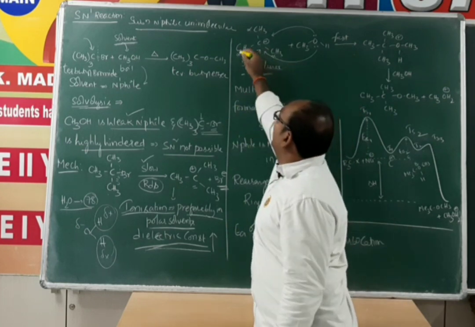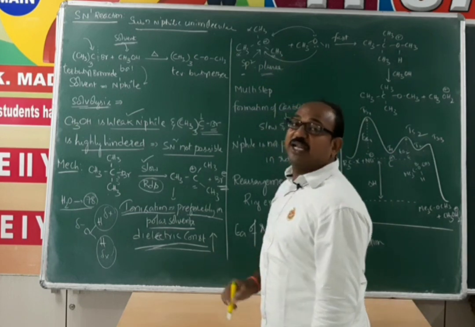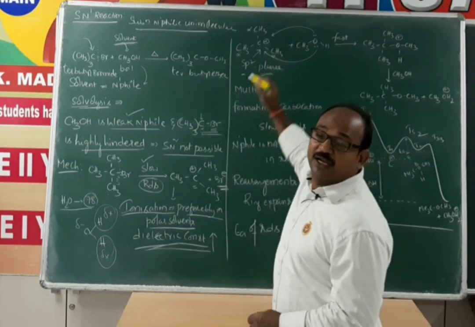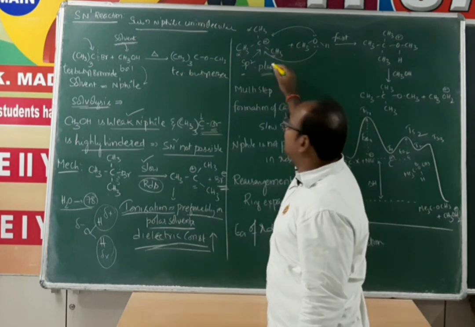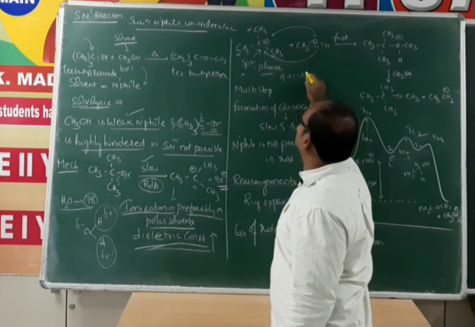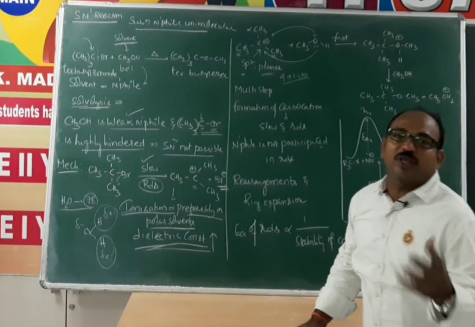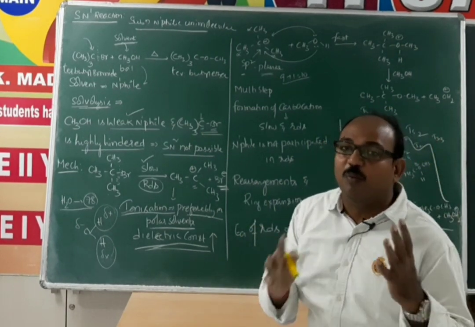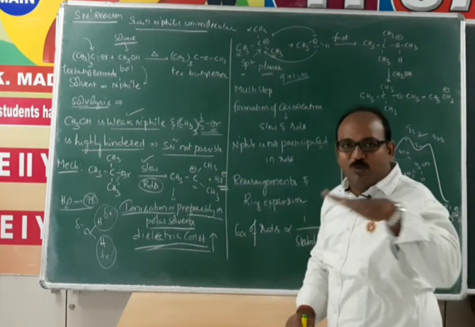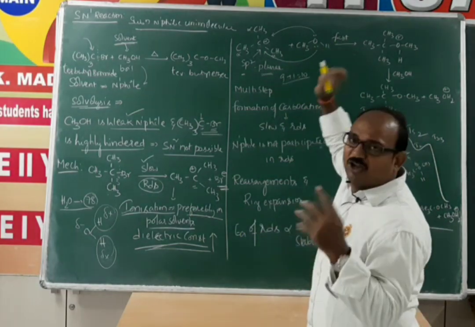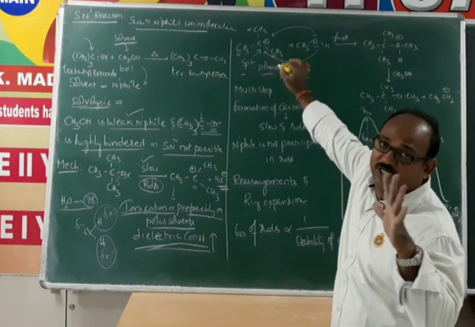Here there are 3 alpha carbons surrounding the carbocation, and each alpha carbon is attached to 3 alpha hydrogens. Like that, 9 alpha hydrogens are there. The number of hyperconjugative structures is the number of alpha hydrogens plus 1, which means 10 hyperconjugative structures. The more hyperconjugative structures, the more the stability. So it is very clear that the tertiary carbocation is more stable, and the tertiary butyl carbocation is much more stable because of the larger number of hyperconjugative structures.